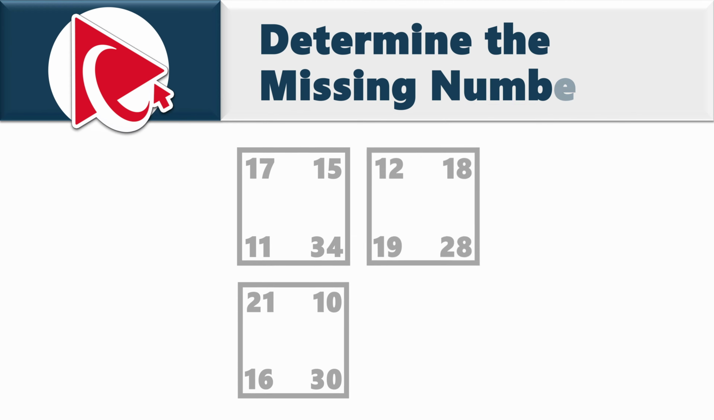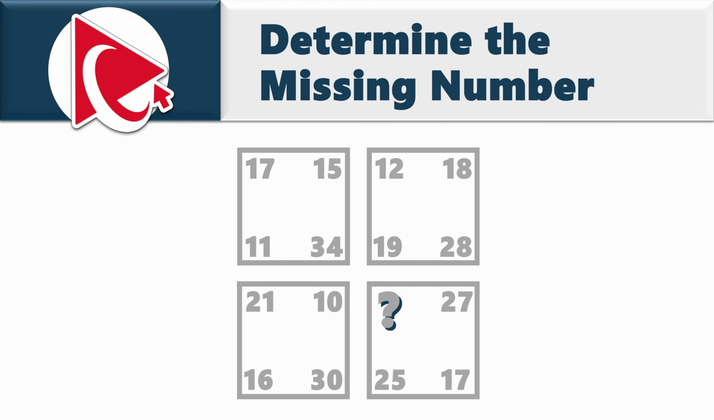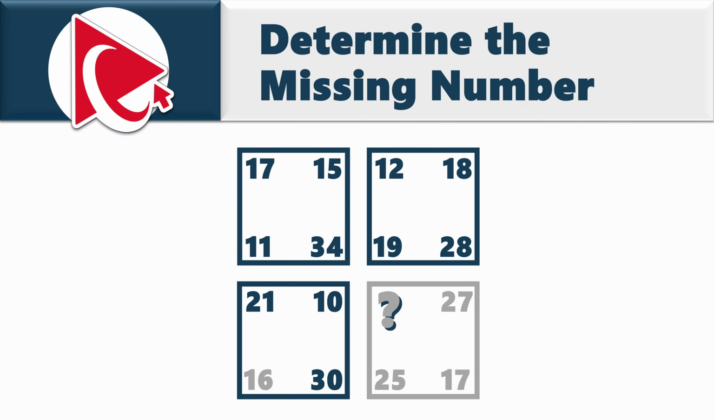You're presented with 4 squares. Each square has 4 numbers inside. The first square has numbers 17, 15, 34, and 11. The second square has numbers 12, 18, 28, and 19. The third square has numbers 21, 10, 30, and 16. And then comes the fourth square, which has numbers 27, 17, 25, and then comes the missing number,